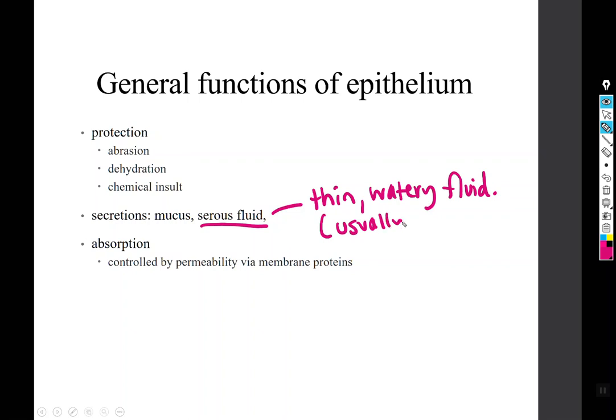Usually, although not always, usually contains enzymes. Another important function of epithelia is absorption. Cells of epithelia that are absorptive control their permeability via membrane proteins. So, let's give you an example, i.e.,